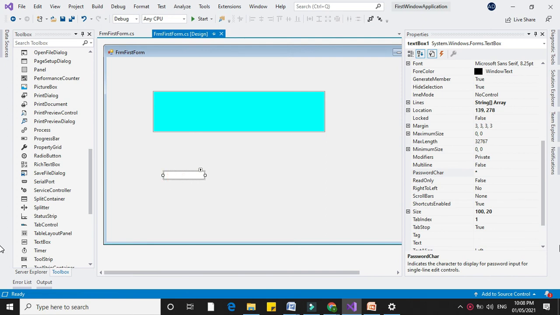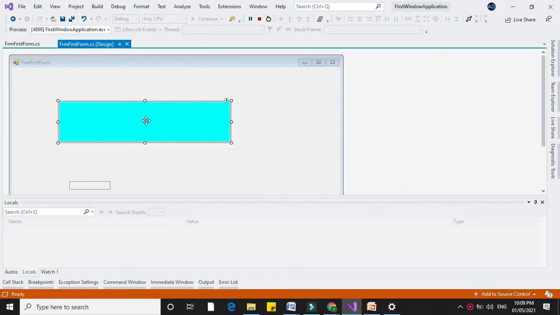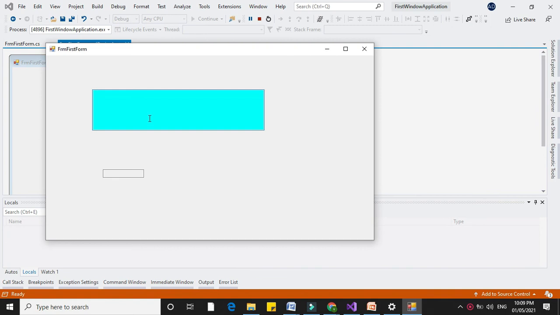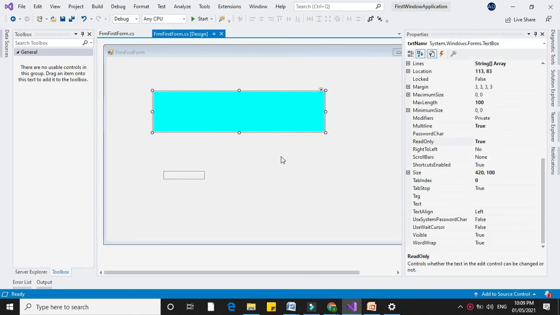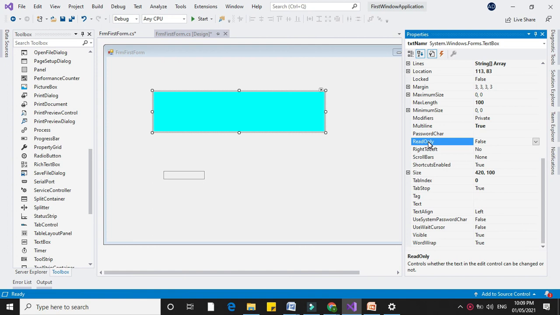Next is read only. If the read only property is true and you run it, you can't edit the data or insert the data. Next is scroll bar.